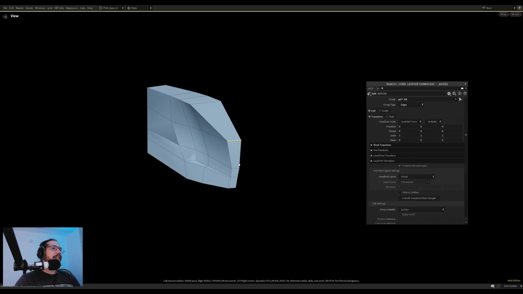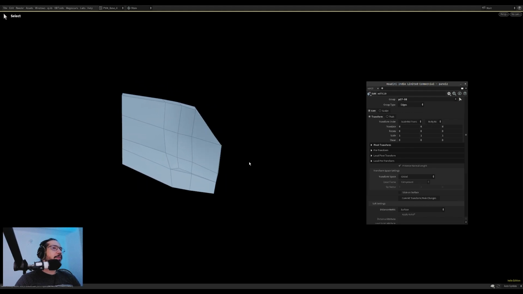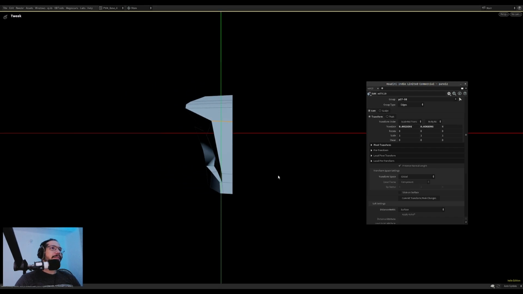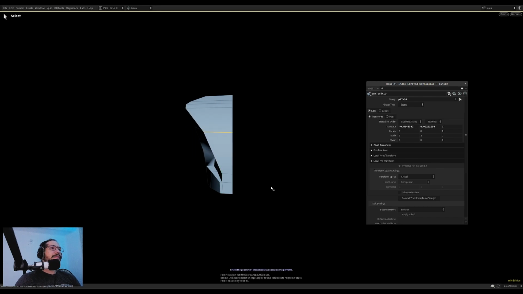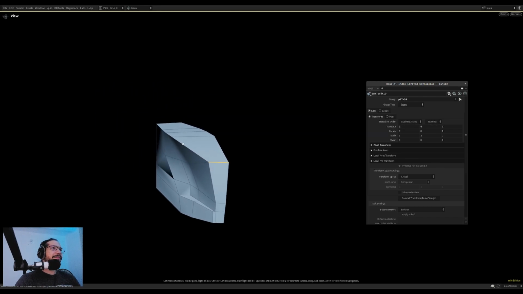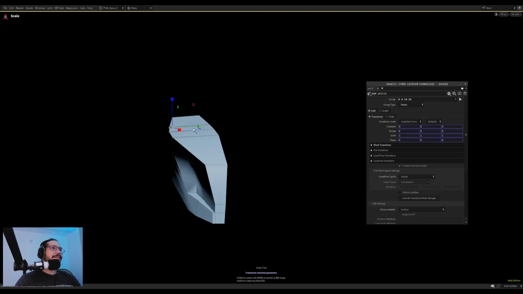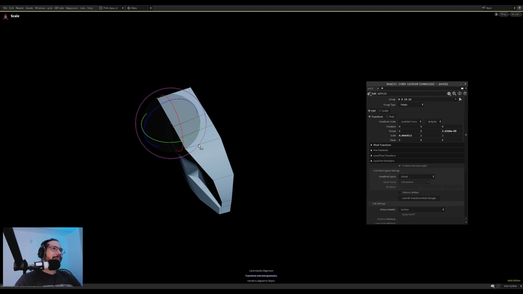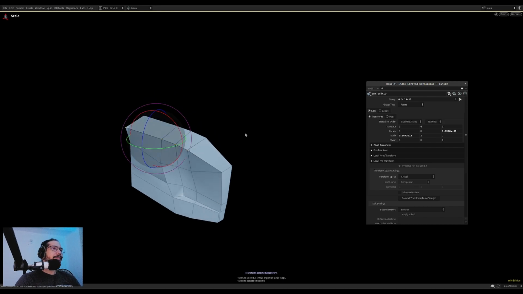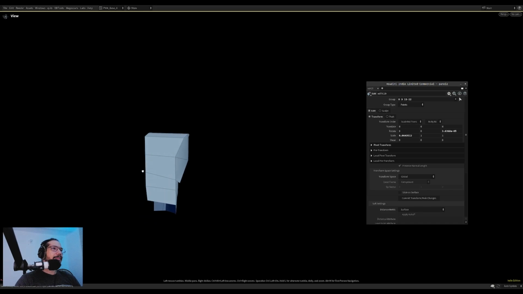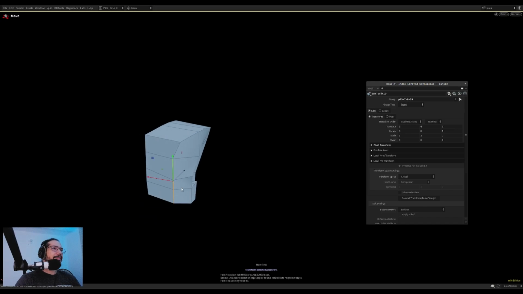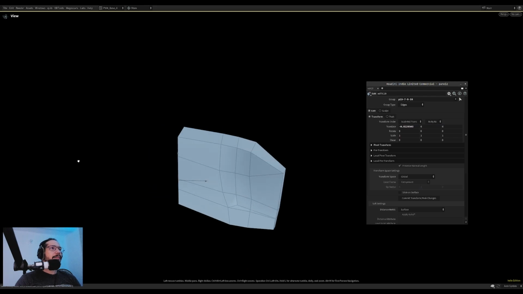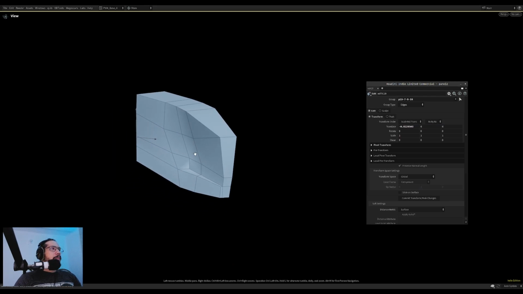And if I use the second button, I can move the geometry in only two axes. So yeah,